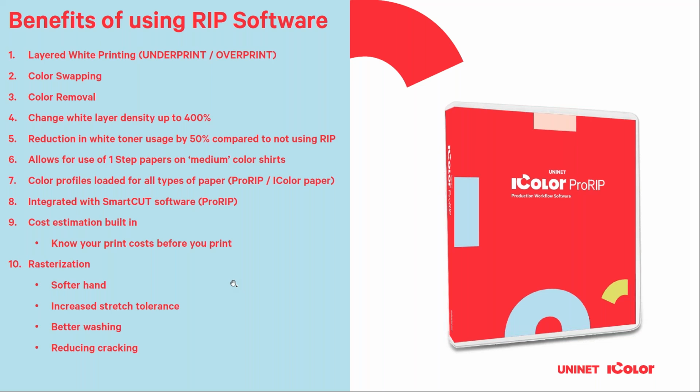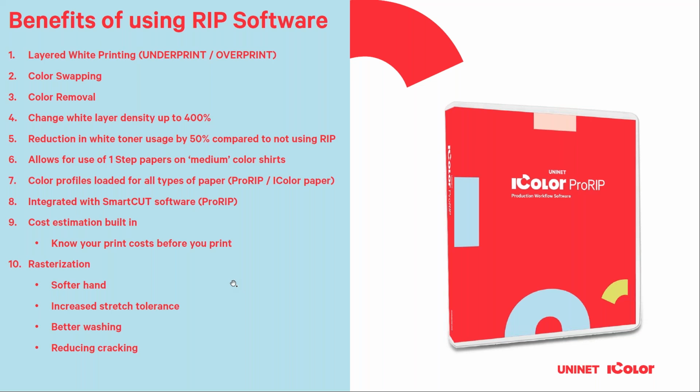We also load all of the color profiles for all of the iColor paper into the RIP, because you can't just use a one-size-fits-all type of print mode. So if you use standard paper, you want to use the standard print mode. If you're using Select Ultra Bright, you have to switch that. The heat of the diffuser, the way the colors are laid down, it's all different, and it all happens behind the scenes. So although, yes, you could probably use other brands of paper, we highly recommend you stay within the iColor or Uninet ecosystem for paper, because everything's loaded, everything's tested, it's all done for you, and we're always tweaking.